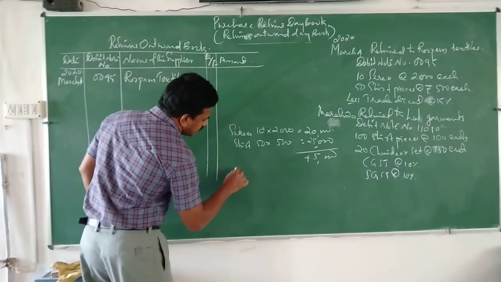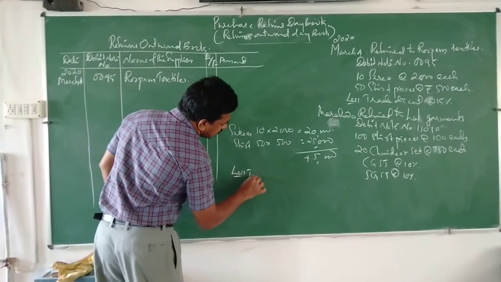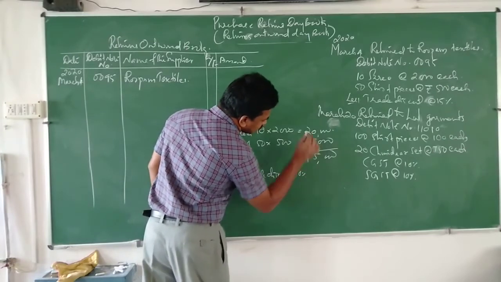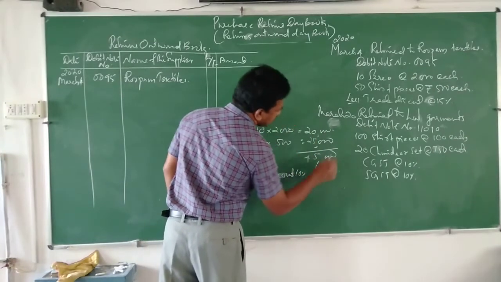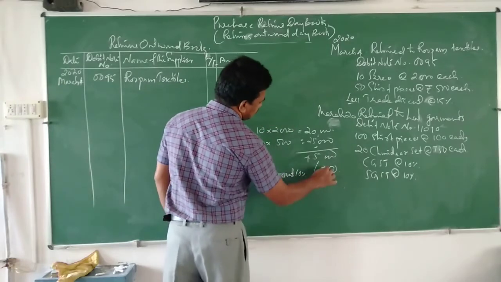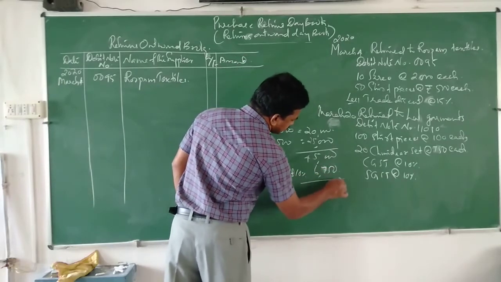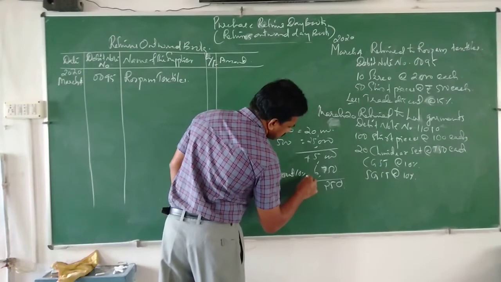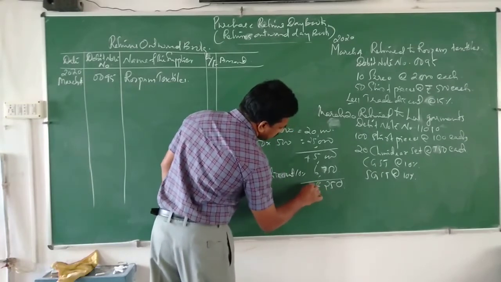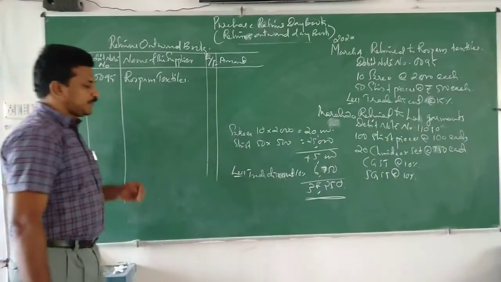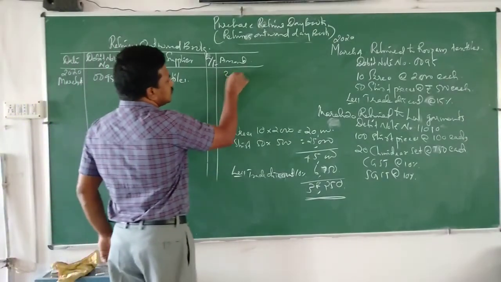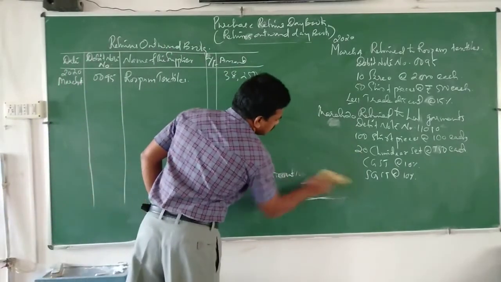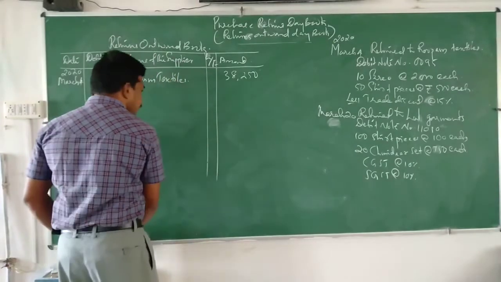So less trade discount. Trade discount 10%. So 6,750. So 38,250. That 38,250 we are writing here, and next transaction